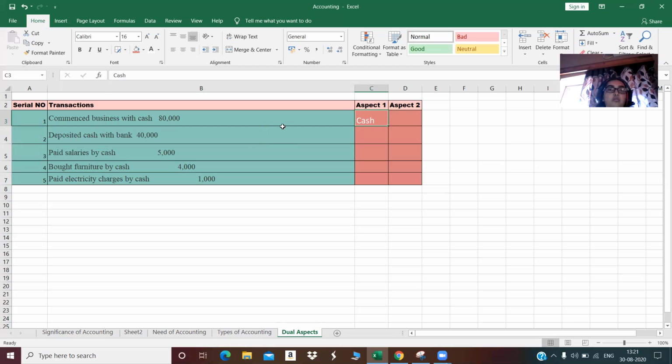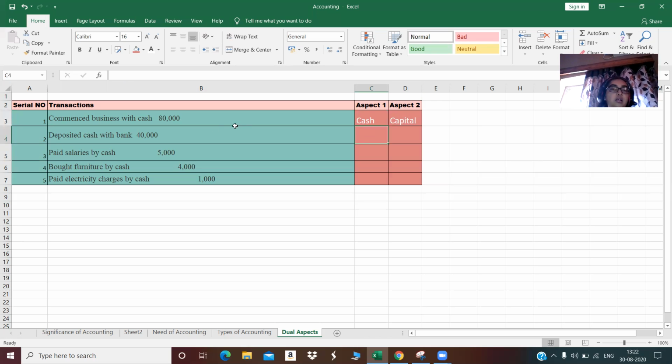The other aspect is obviously the capital, because the business has started with cash, means cash has been invested in the business, and once the cash is invested in the business, it turned into capital. So business has its own capital, and that capital is the cash. So here the cash is being decreased. Why? The reason being, it is being invested in the business. From my cash box, the cash has decreased, so cash would be one aspect, and the other aspect would be the capital, as the business has got its capital and the capital has increased. So the other aspect is capital. Let me write it down.